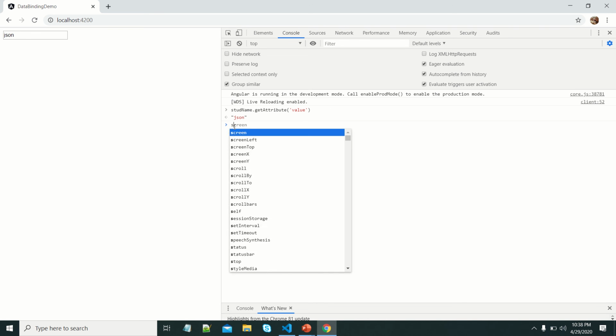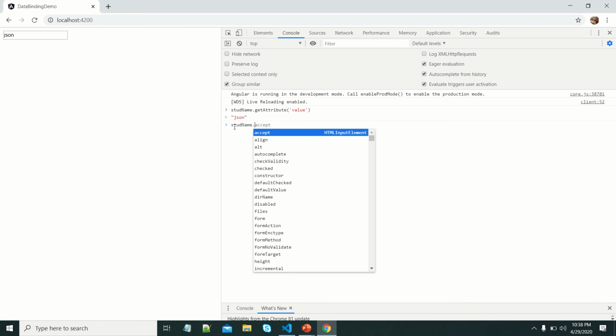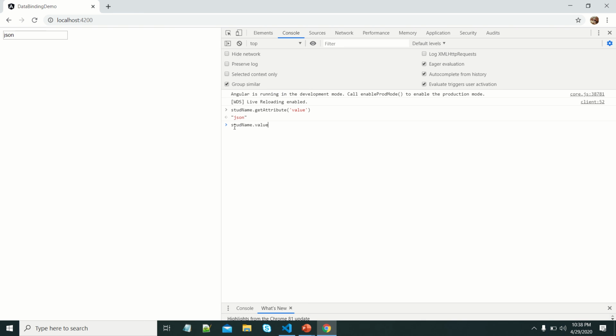Now if I want to get the corresponding DOM property value, I have to give value. We can see that both values are the same. Suppose I change something here.